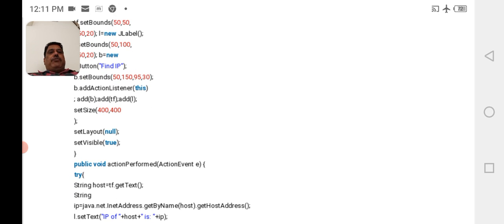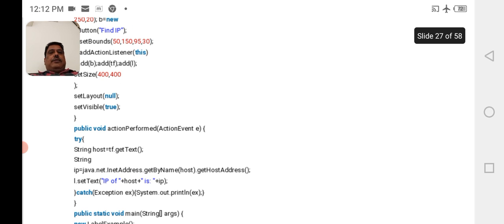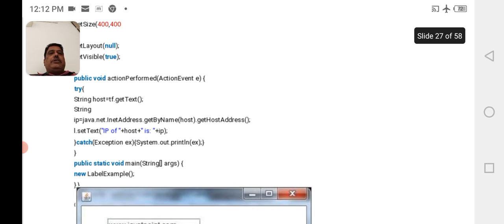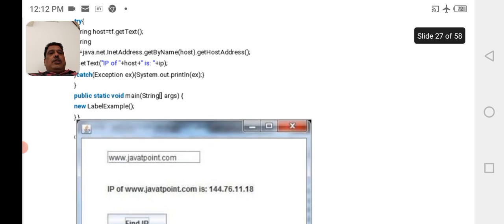public void actionPerformed(ActionEvent e) { try { String host = tf.getText(); String ip = java.net.InetAddress.getByName(host).getHostAddress(); l.setText("IP of host is " + ip); } catch (Exception ex) { System.out.println(ex); } } public static void main(String[] args) { new LabelExample(); }. So executing the above program, IP of